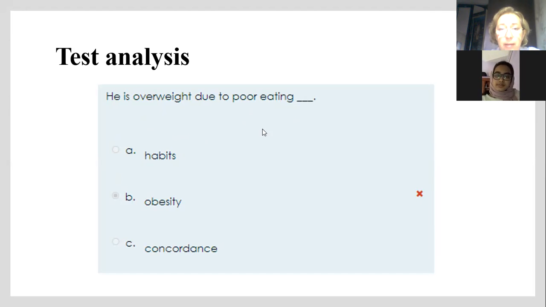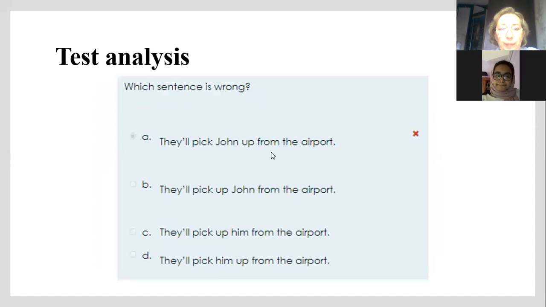Habits. Sure, yes, habits. Poor eating habits. Habits should have been chosen. Okay. Well, the next is about phrasal verbs. When we were speaking about separable phrasal verbs and inseparable phrasal verbs, here is the example of